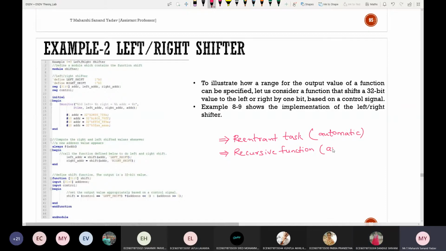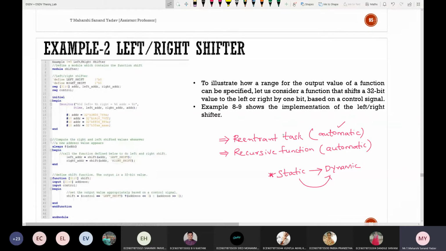That's it, just a keyword. Why? Because tasks are static in nature, to convert them into dynamic, we use the keyword automatic. Only this is a change. So to convert it from static to dynamic, we need to use the keyword automatic.